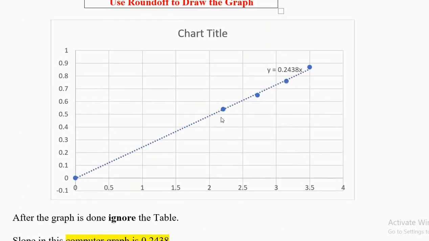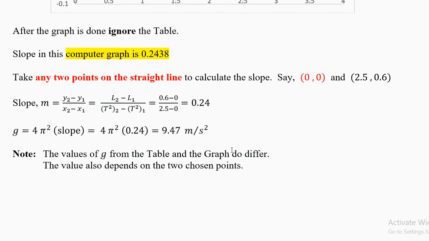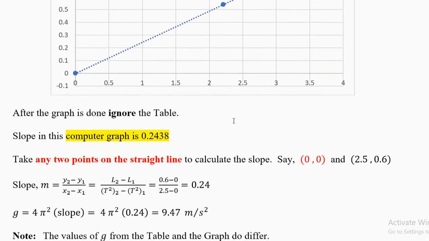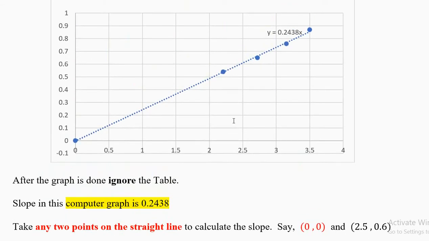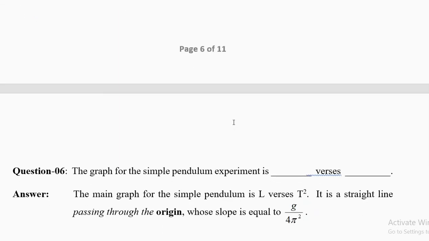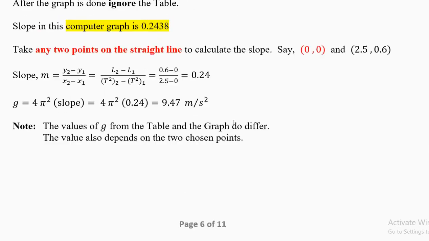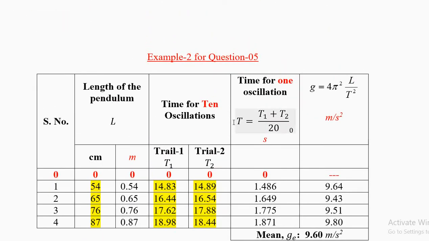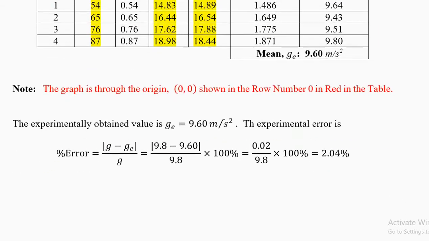If you take some other point, you'll get a different number. You'll not always get 9.47, you can get 9.3, 9.6, no problem. But please take, because you'll have to draw the graph, scan it and submit it for your report and also for your exam. And a new data will come in the exam. So do not draw the graph in advance. Now, so much for the table and the graph. Any questions, ask me in the class. You'll get enough time in the class to ask it.